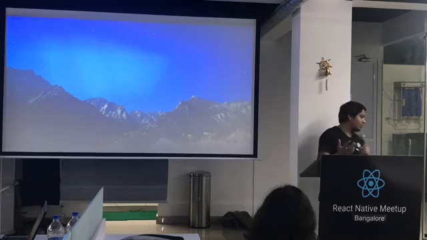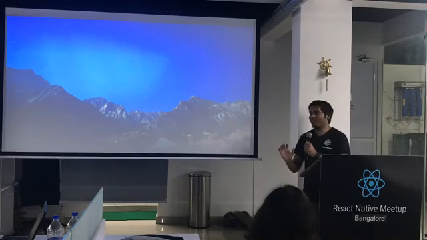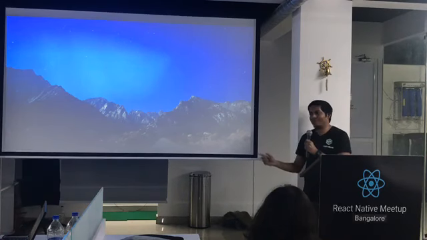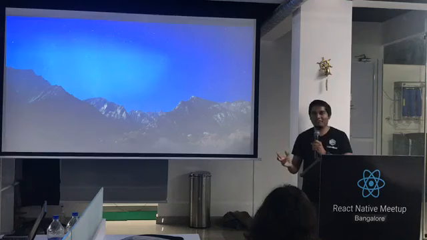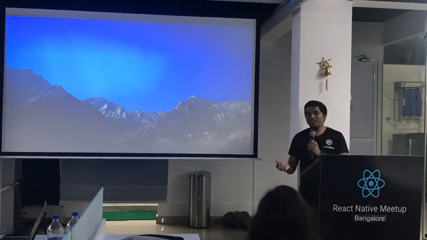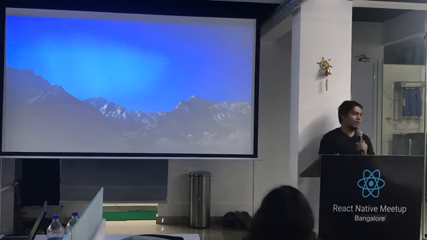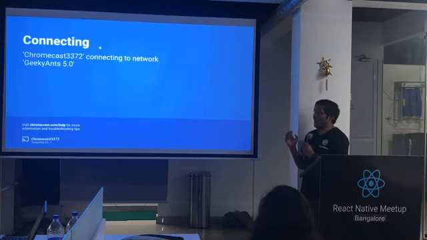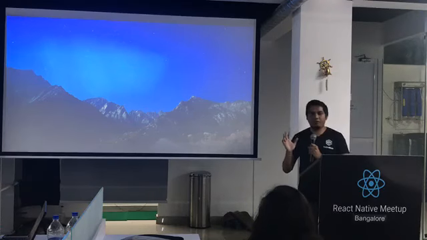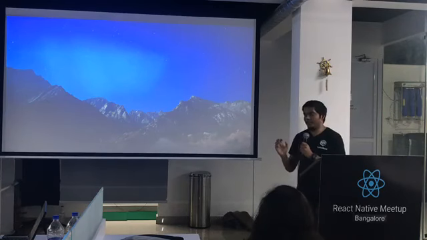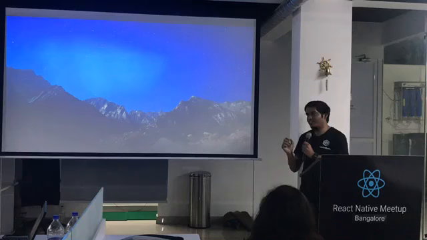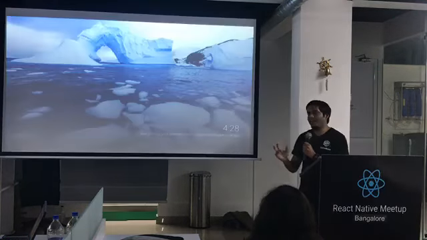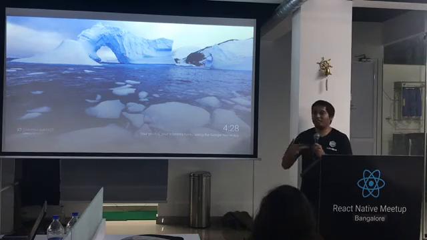How cool would it be if you have Photoshop and you right click and say generate HTML and CSS, or generate a React Native app? It would be cool, right? So we are building a tool which does that for you, and we are trying to bring the designers and developers onto the same Git repo, so that whatever designers design, it actually generates React Native code for you. Then developers can come in, integrate the business logic, and then give it back to the designers. They can just modify things.